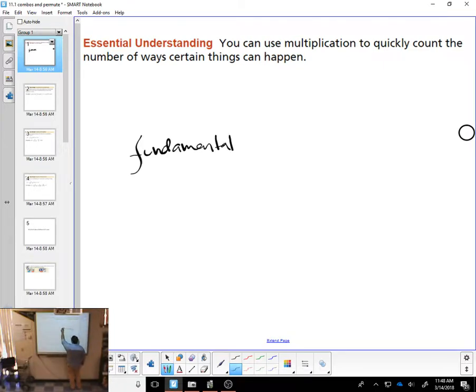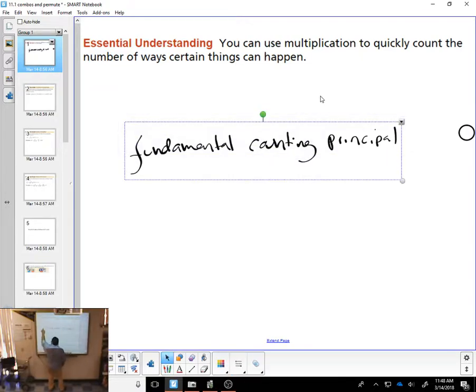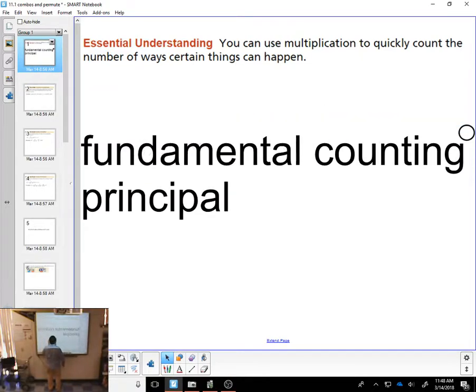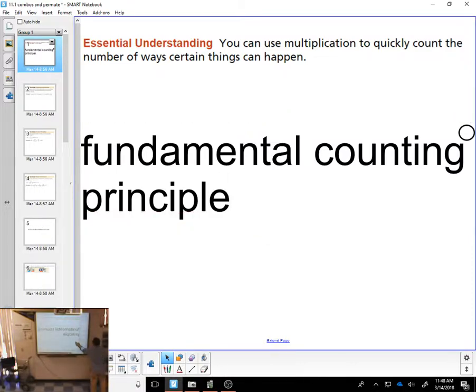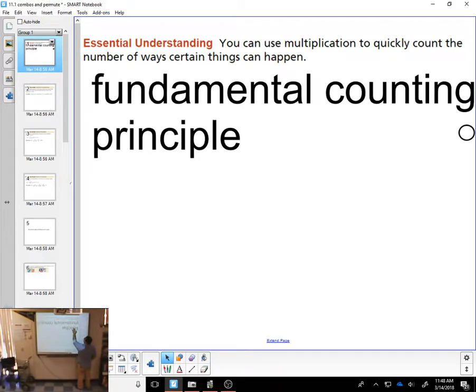Fundamental counting principle. I hope I spelled that right. Is it PLE? Too late. I think that's principal, like high school principal. Principal should be PLE, right? Okay. So,